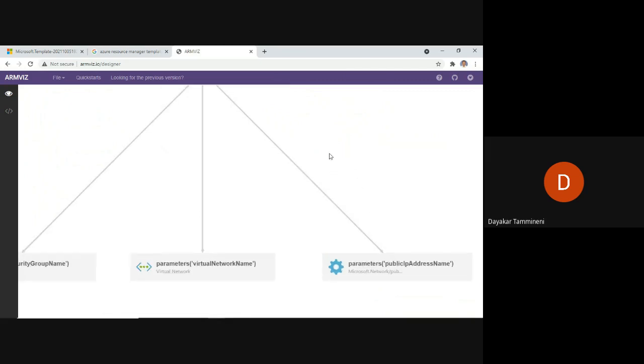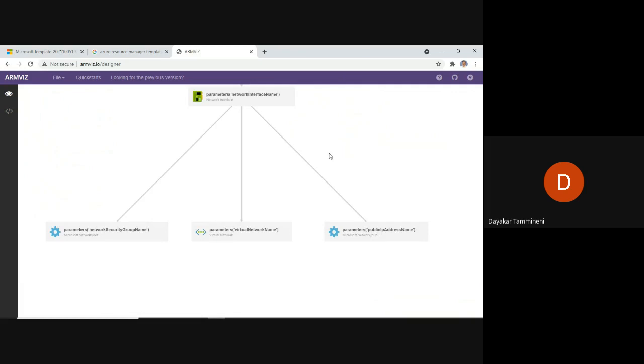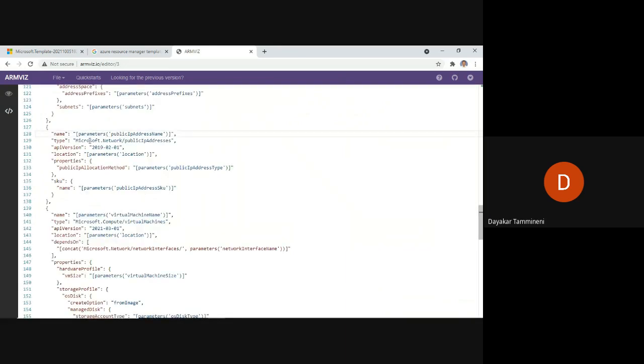Because the code is very lengthy, if I want to see the code for the parameters for virtual network name, or the code for public IP address name, I just click on that particular link. Then it directly navigates to that particular line of code. Here you can see public IP address name.